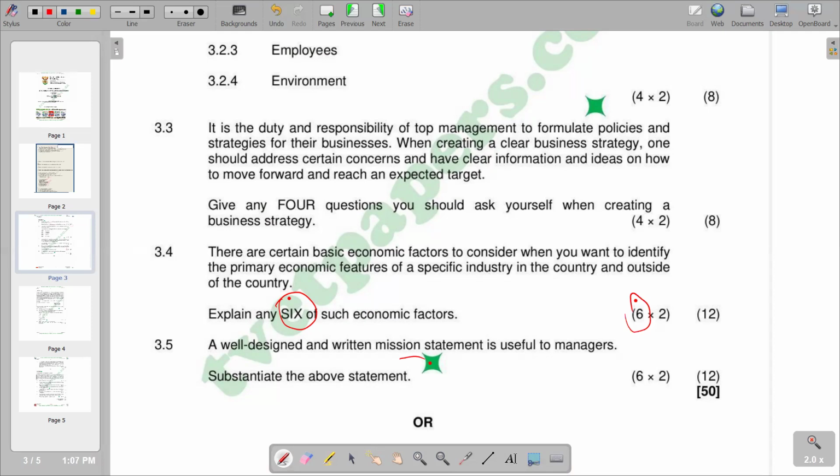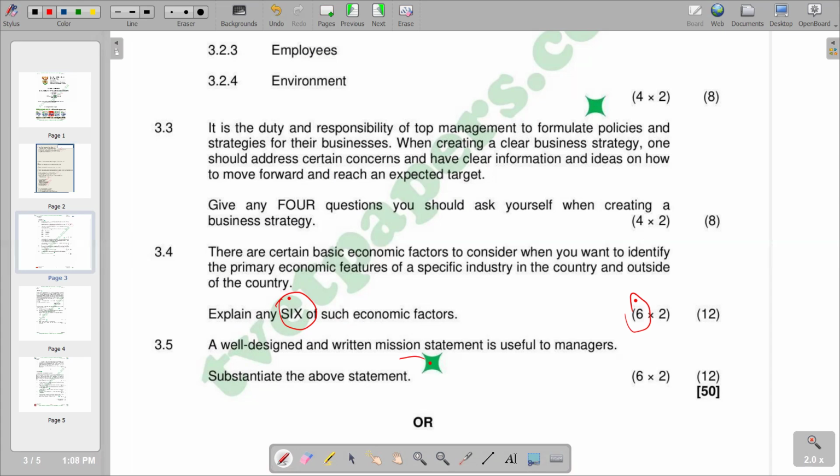And we are saying at the end of the day, a mission statement should provide the image of the business. So the image of the business is presented in the mission statement, and it should also reflect the business identity. It should also indicate the products and services of the business. So basically, that's what we have. So it has to be a very clear and concise statement when it is a mission statement.